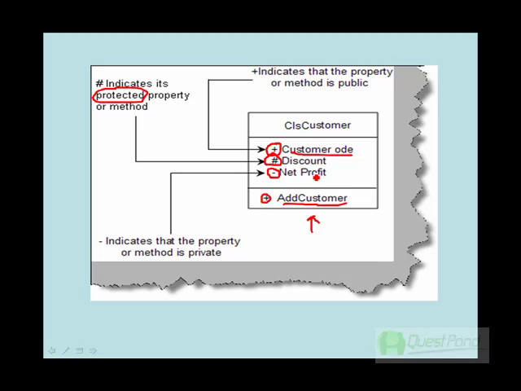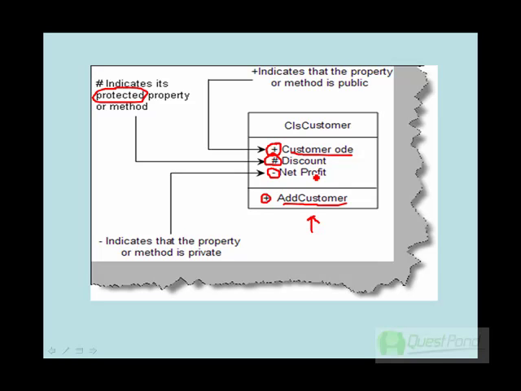inherit from these classes. Means, if I want to use the discount property, then I need to inherit from CLS customer, then only I will be able to view the discount property, or else I won't be able to view it. So if you want to make your entity and the methods visible only in the inheritance hierarchy, or only through the generalization specialization relationship, at those moments only you will